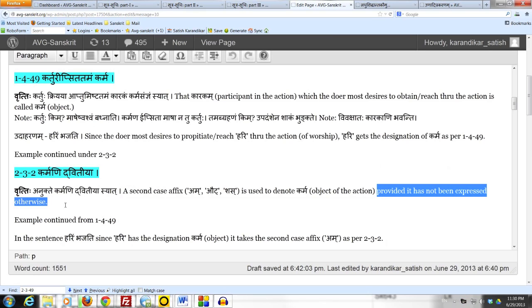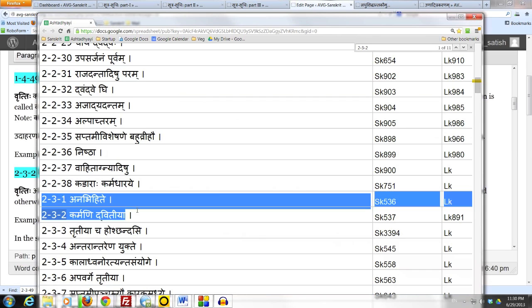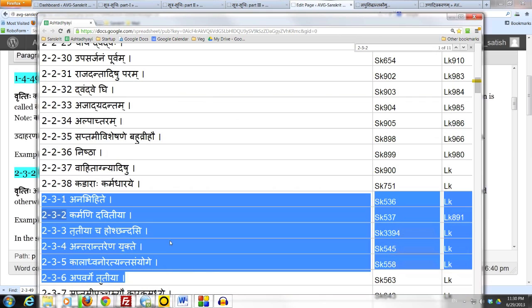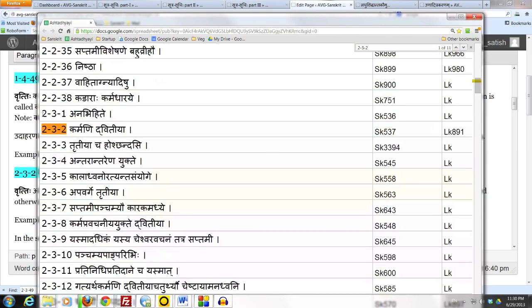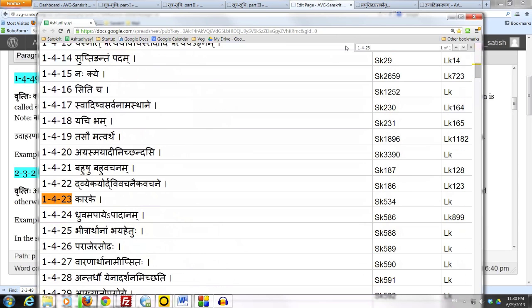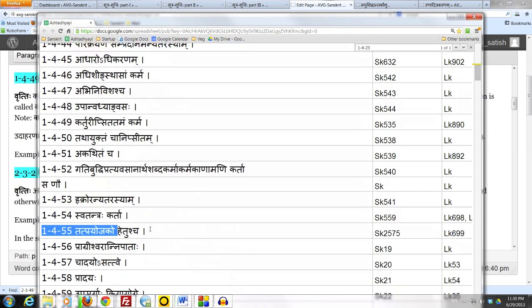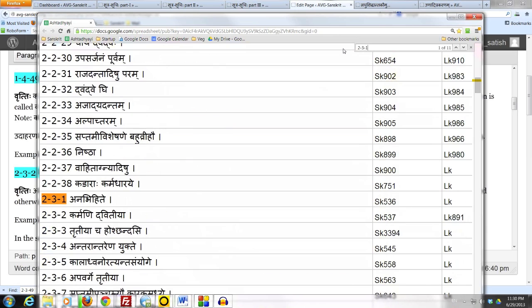Now, before going on, let's remind ourselves that any vibhakti assignment has to be approved by a sutram or maybe a vartikam in the third quarter of chapter 2 of the Ashtadhyayi. That assignment may depend on the Karaka Sanya, which was obtained by a sutram in the Adhikara of Karake, which runs from 1423 to 1455. But ultimately, the assignment of a case affix, vibhakti, has to be done by a sutram or a vartikam in the third quarter of chapter 2 of the Ashtadhyayi.